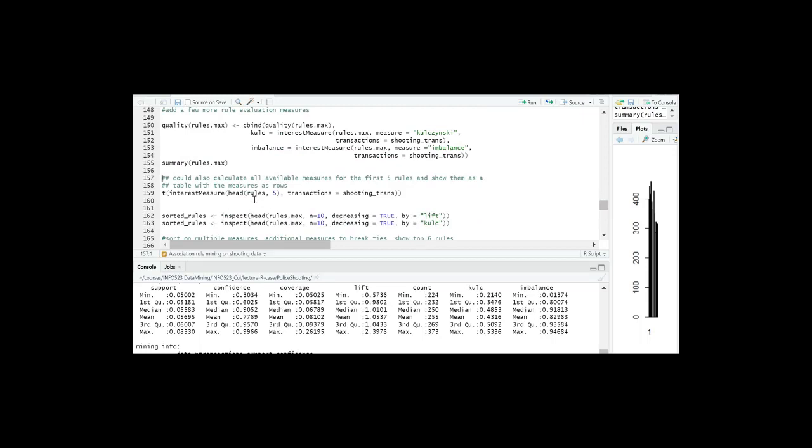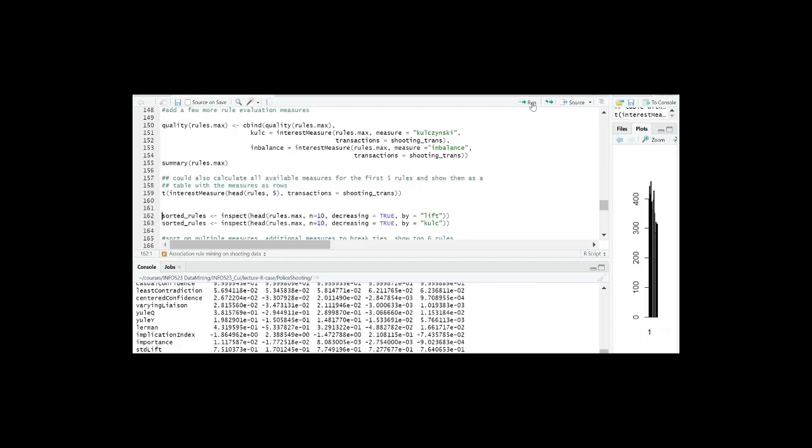Now we can examine those rules. Another way to look at this, as a different representation, is to run the t method, which creates a table for the top 5 rules. It's going to list all the measures that we have requested.